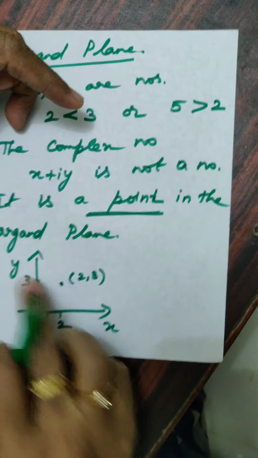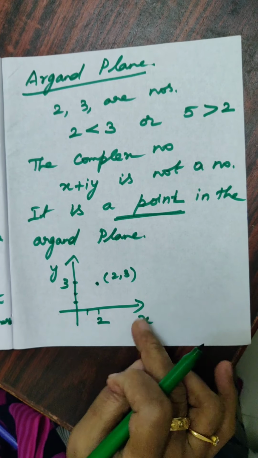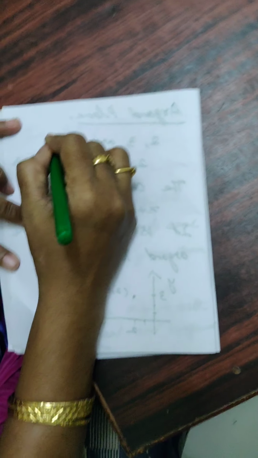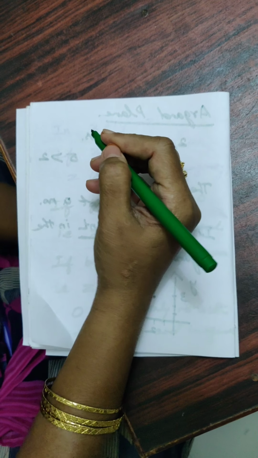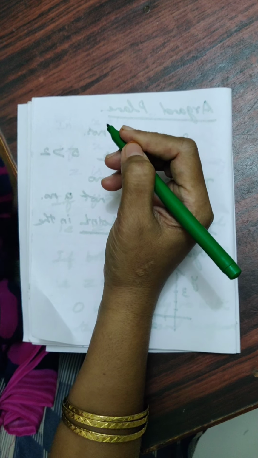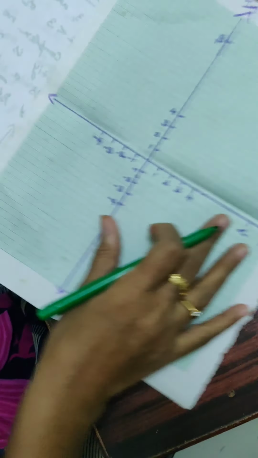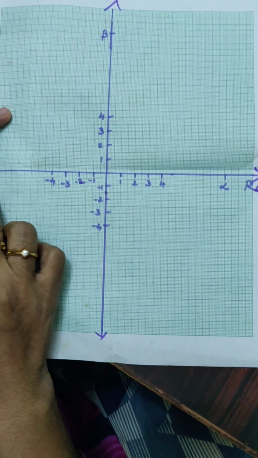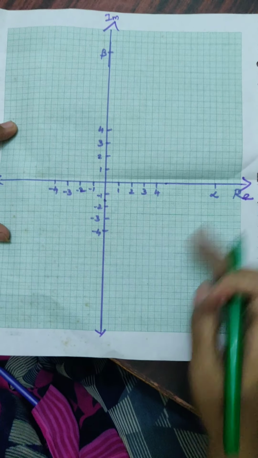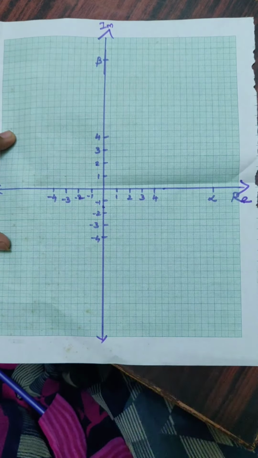Here we are having both real axes: the x-axis is a real axis, and similarly the y-axis is a real axis in our coordinate system. But in the Argand plane, I will show you a graph for this. The x-axis acts as a real axis. That is, instead of saying x-axis, we are saying real axis, and instead of saying y-axis, we are saying imaginary axis.